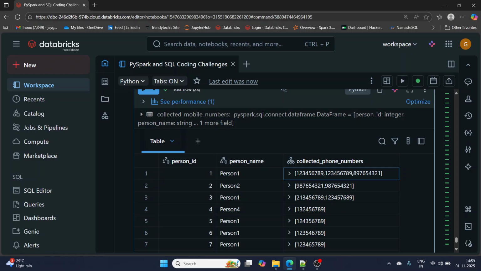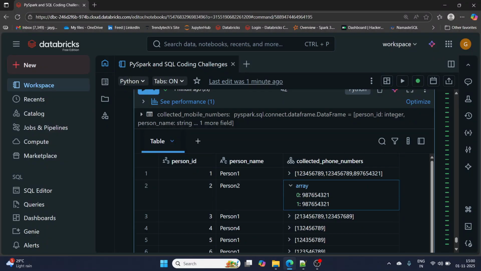Now the next thing is, if you see the mobile number, it is the same in both entries. So why do we need two items in this list? It can be only one because it is the same mobile number. The same is the case for person 2 also.